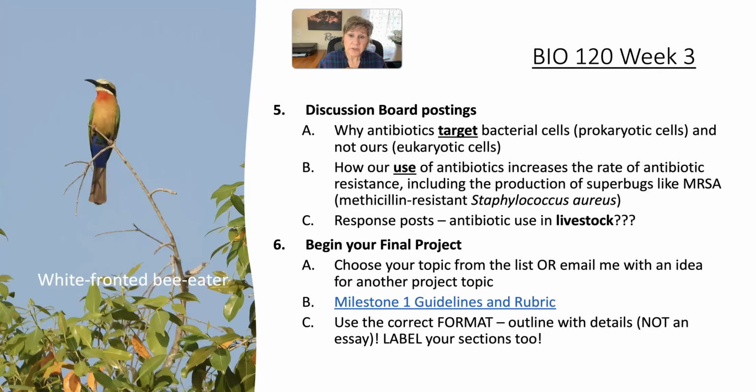So how does our use of antibiotics create and facilitate and increase antibiotic resistance in bacteria? That is one of the top 10 public health problems in the world today, antibiotic resistance. So we're giving people all these antibiotics to cure bacterial infections, and then the bacteria react and evolve resistance mechanisms to these. So we're running out of antibiotics. An example of this would be MRSA, methicillin-resistant Staphylococcus aureus, which is a huge problem these days.